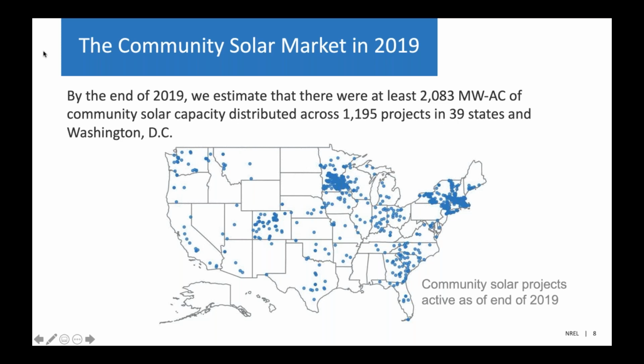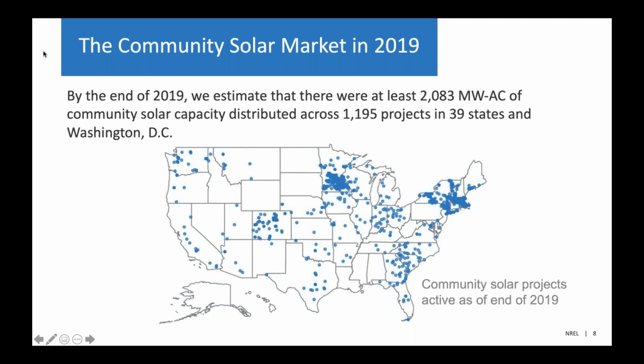The second notable thing about the map is that community solar does not necessarily track with other types of solar. So you think of, for example, California and Hawaii as the big rooftop solar markets, but not necessarily community solar markets. Places like Minnesota, and in the Southeast, for example, are not huge rooftop solar markets, but